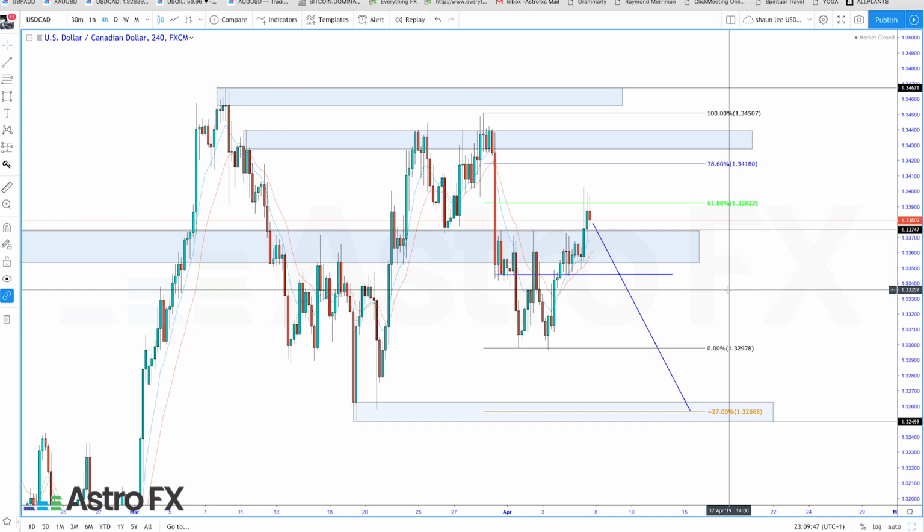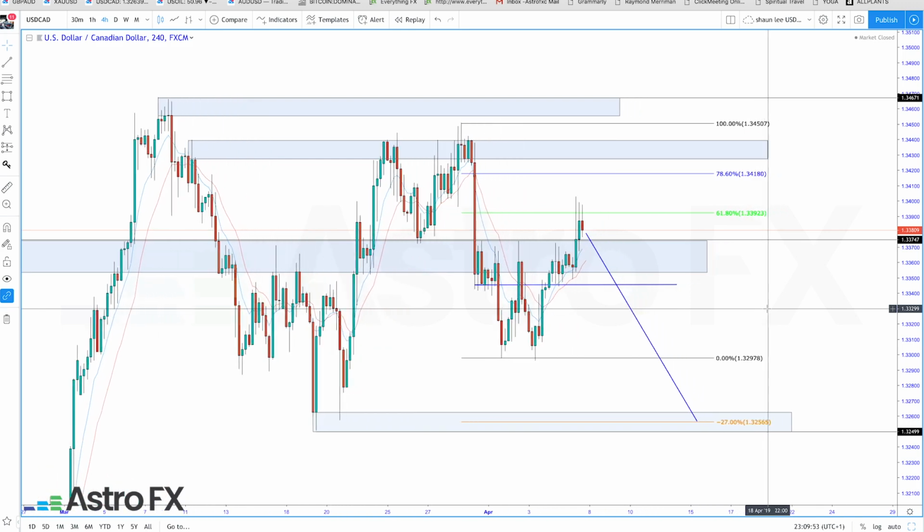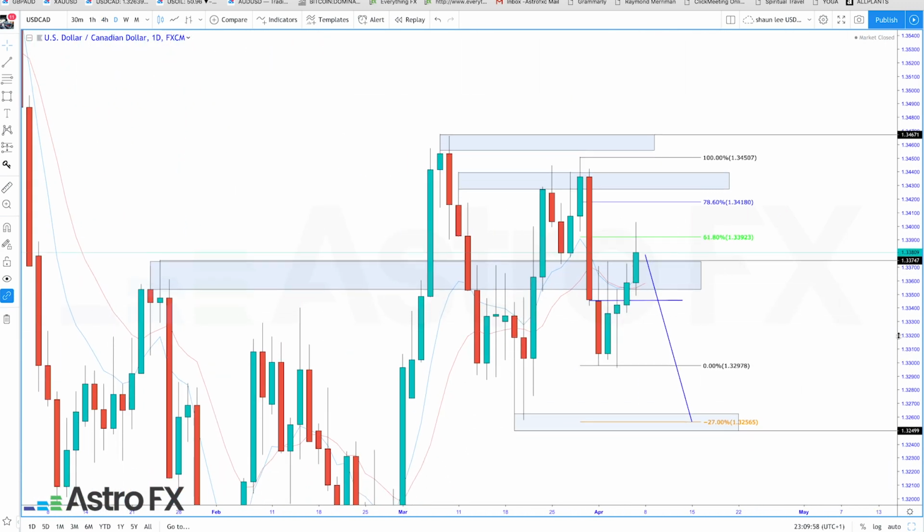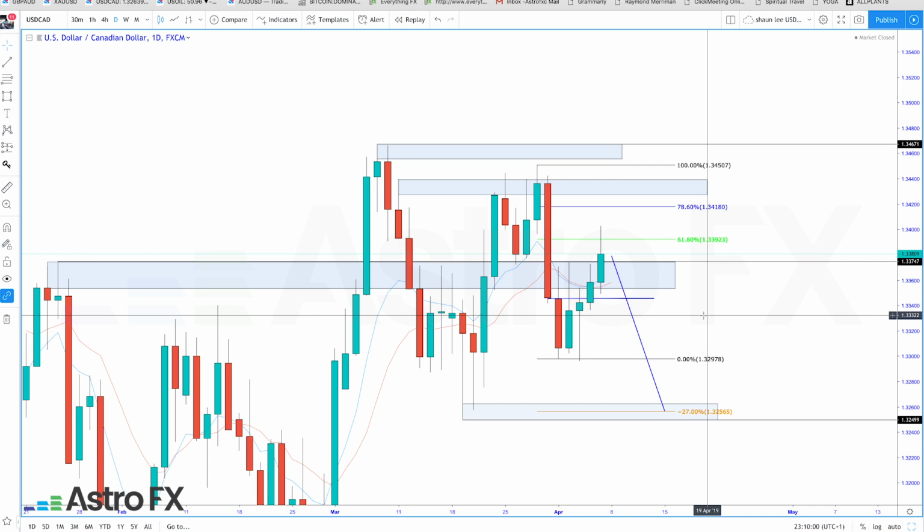So we have two Fibonaccis, one on the daily, one on the 4-hour time frame, both indicating there is a potential for a short opportunity. What I will say is that any market activity in the next coming week that may push the dollar up against the Canadian dollar, what invalidates the Fibonacci is